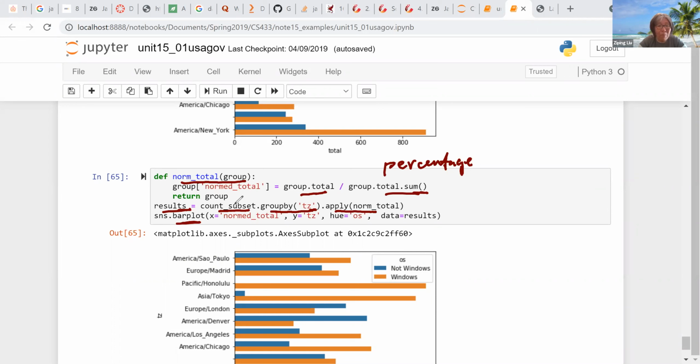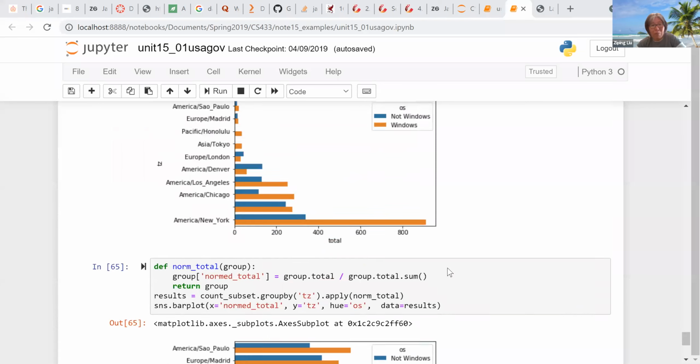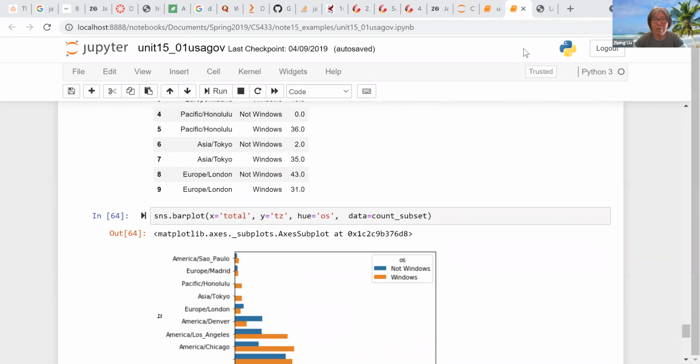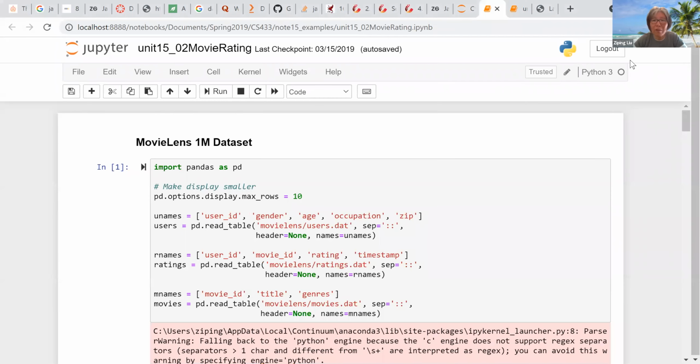Okay, so then the plotting is going to use the new calculated percentage as Y, the time zone, and we also have the different operating system as hue. So this is regarding the Seaborn plotting. This is the first example, and then let's take a look at the second